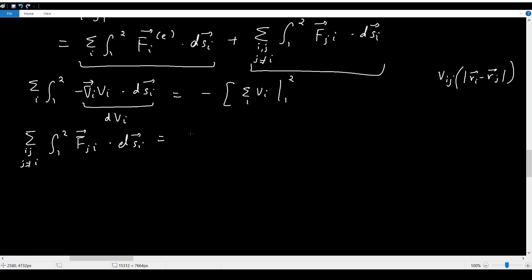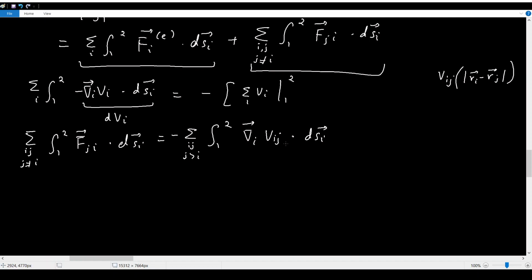So give the summation and with the integral. So this becomes minus del i Vij, and note why we have i over here, because this is for the ith particle, right? So dsi, and this